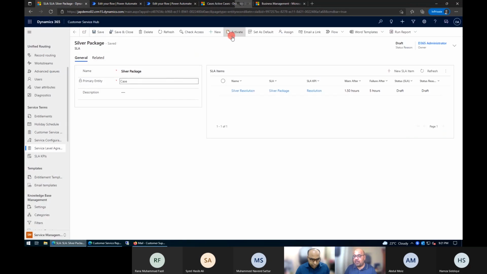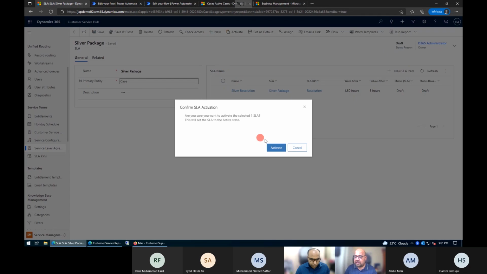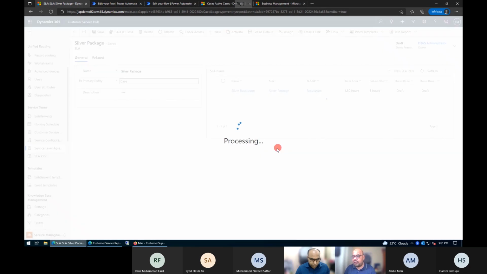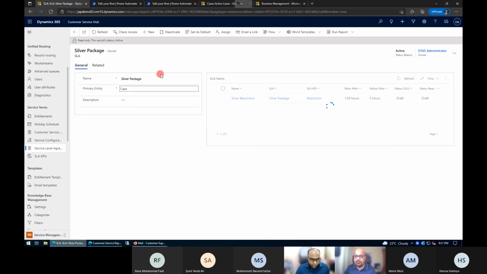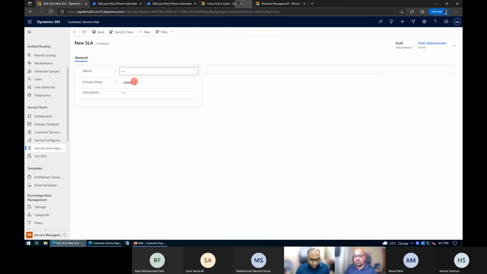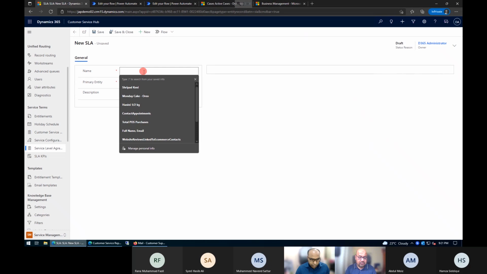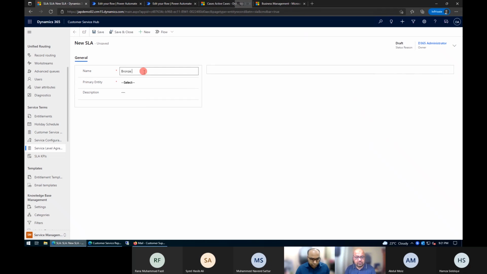in a similar way we are just going to activate. So we are not going to assign any action, because we already defined the action in the gold. The same is applicable here on the silver as well as in the bronze. So it totally depends. So I'm just going to go here in bronze one. Very quickly, I'm just working. Bronze package. And here I'm just going to apply the case. And again,